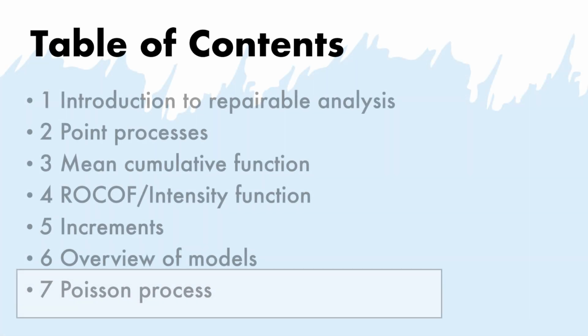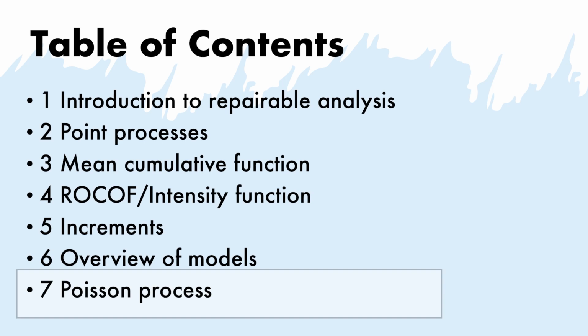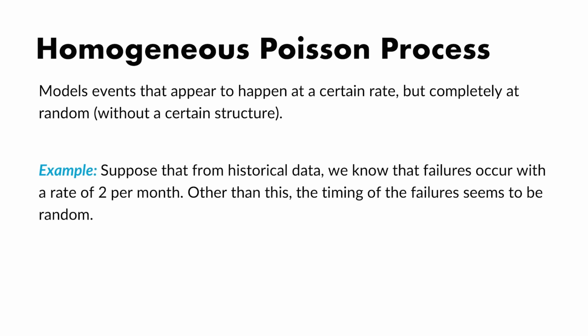We are now at the 6th section, and we are going to discuss the topic of the Poisson process or homogeneous Poisson process. The homogeneous Poisson process is very useful because it needs little information and it can be applied to a variety of situations. So what do you need to know to apply a Poisson process? Essentially, you need to know the average number of events that occur in a given interval of time. And if you know this, you can model the system as a Poisson process.